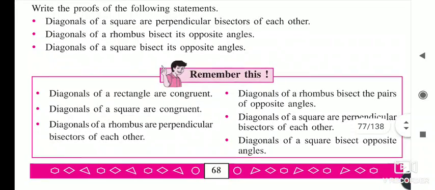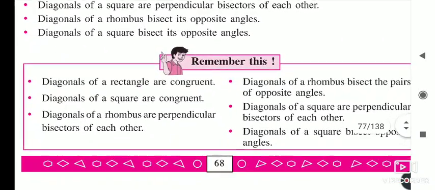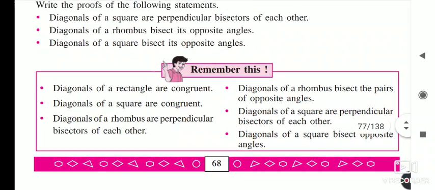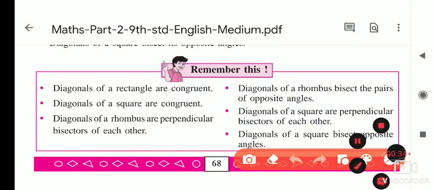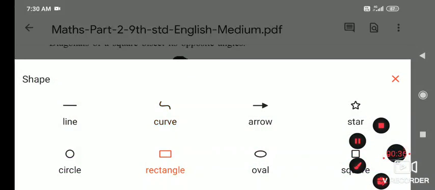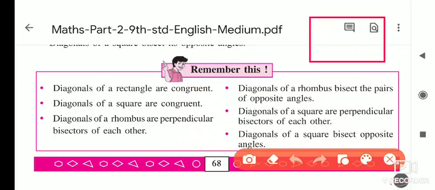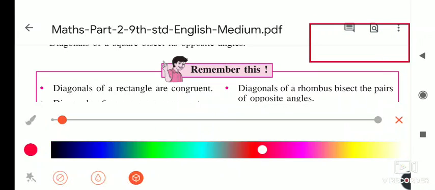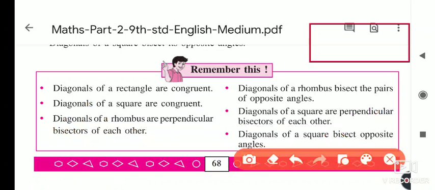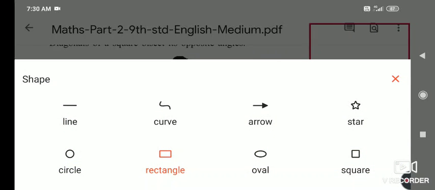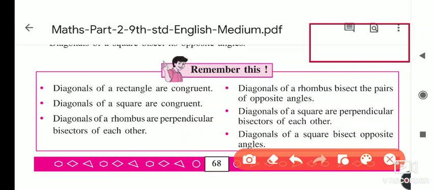So till now we studied the properties of the rectangle, and we will remember them first, and then we will start the next part. So here it is the rectangle, and we are studying the properties of a rectangle. The first property is that the diagonals of a rectangle are congruent. Suppose this is our rectangle